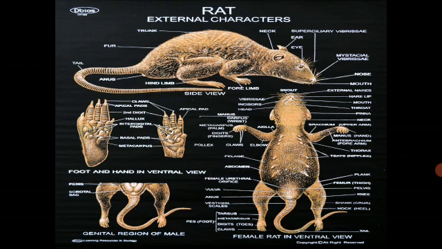Here you are able to observe the three openings. For example, the anus, see here, the anus is there. Near that anus, the vagina is also present and the urethra is also present. So here, towards the posterior-most region, the three external openings, anus, vagina and urethra, are present. So this is in the case of the female.